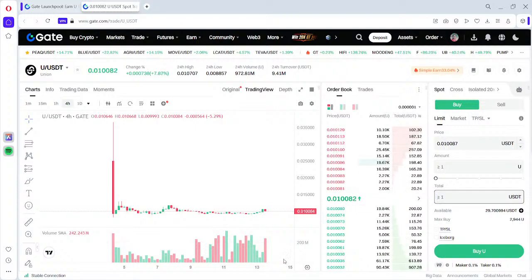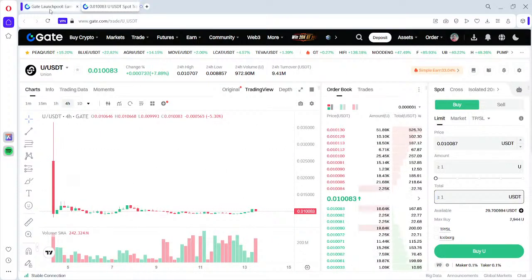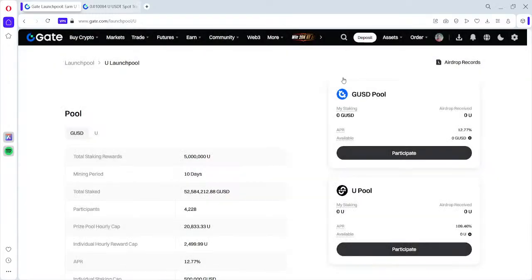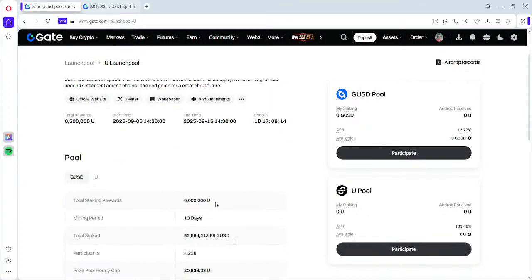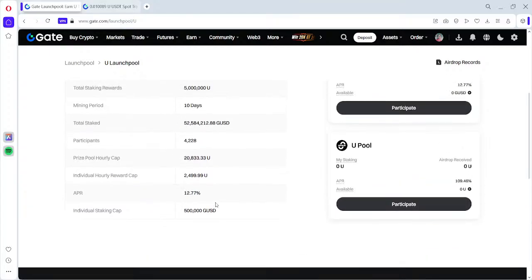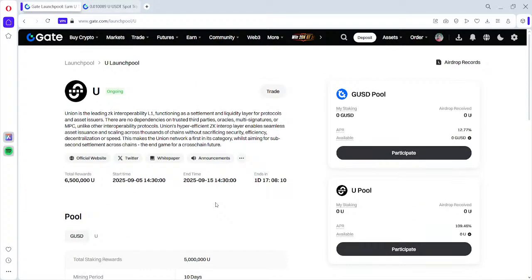So this is a project. Let's get started with the project analysis. We have our official website that we will check out, and a short description about the project. So what the project actually is: Union is a leading zero knowledge interoperability layer one functioning as a settlement and liquidity layer for protocols and asset